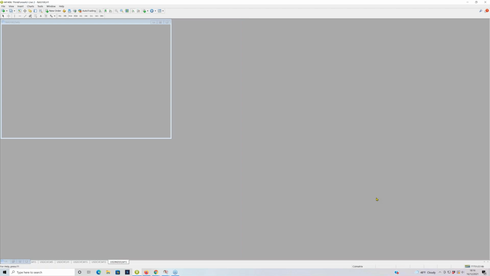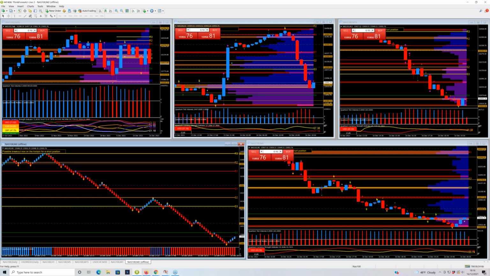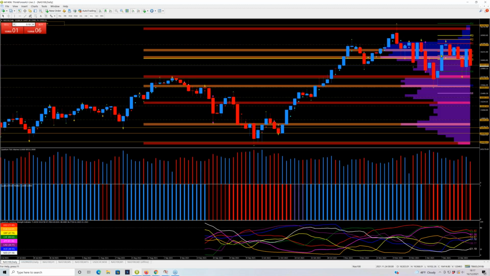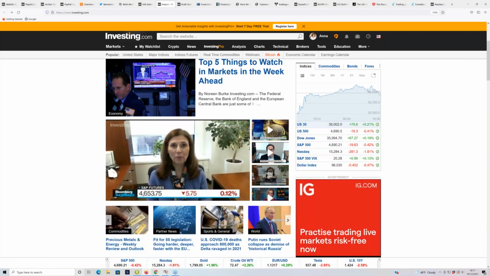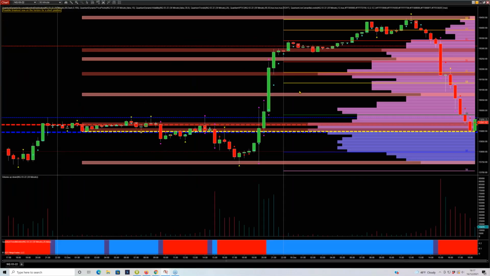This is a synthetic contract, but it tracks what the index is doing out there in the real world, as it were. And we can see here, and in fact it's identical to the futures contract in terms of what the chart looks like, and the candles and the levels and what have you, that I have on my NinjaTrader. Now, I've got the 30-minute chart here for a very particular reason, but if I move to the daily